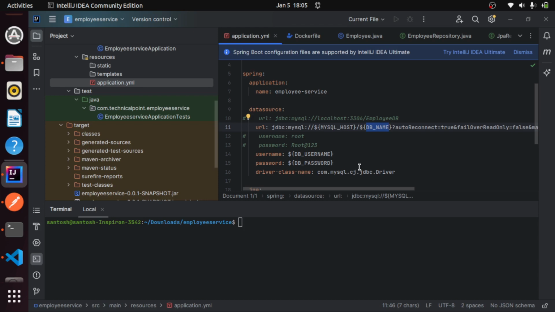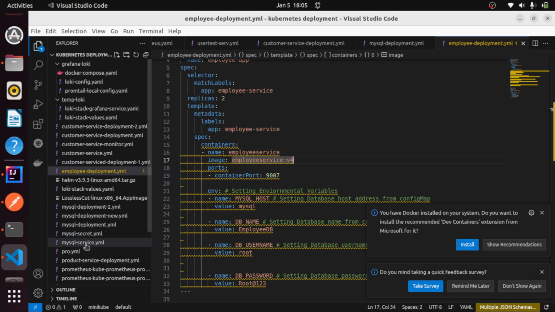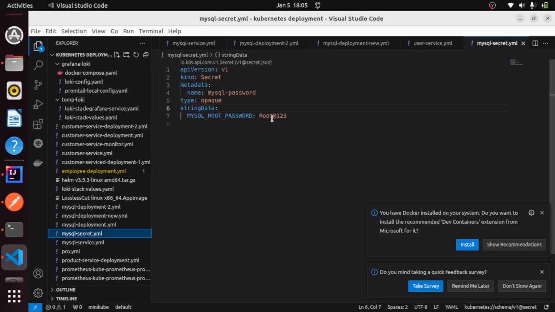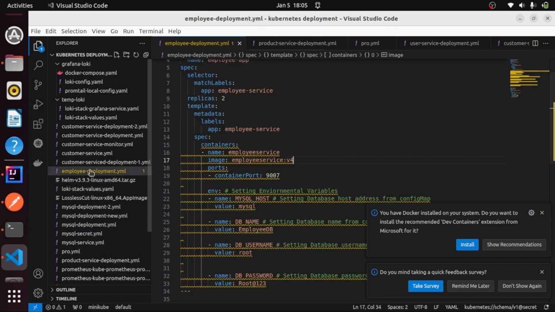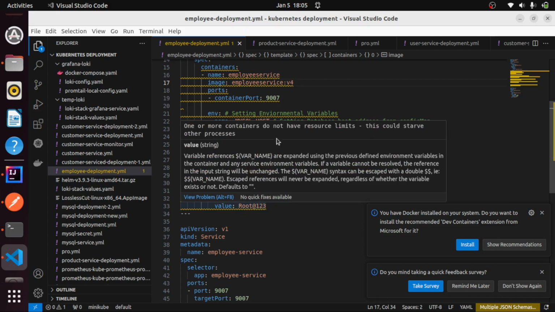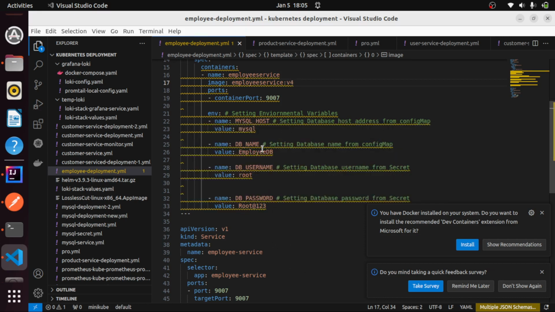And also we have to pass the password. For the password, we have to create the secret first of all, and then paste the password here. Then in the employee deployment, here we have passed the DB password as root password, and username,